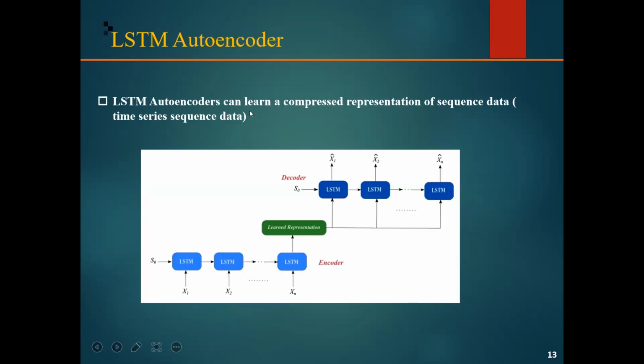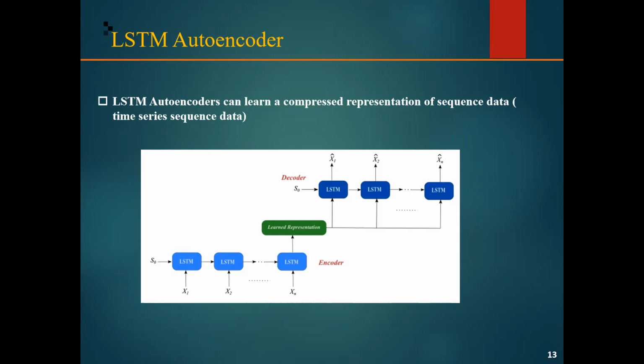As for the LSTM autoencoder, first, the autoencoder is a multi-layer artificial neural network, which incorporates hidden units between the input layer and the output layer for internal representation learning, where we try to minimize the reconstruction error. It is used a lot for dimension reduction, and it is famous, as I mentioned, for information retrieval.